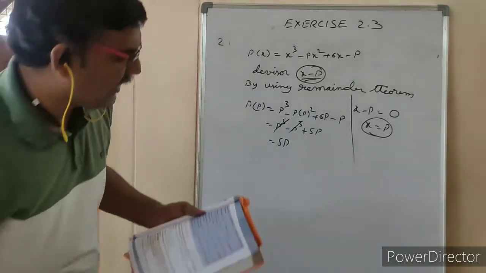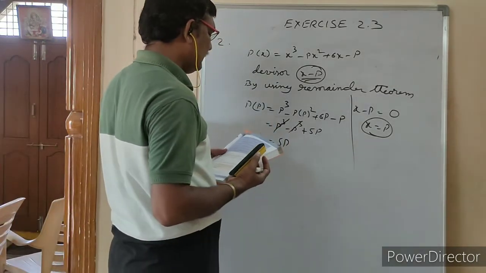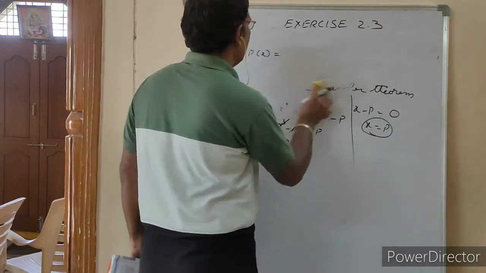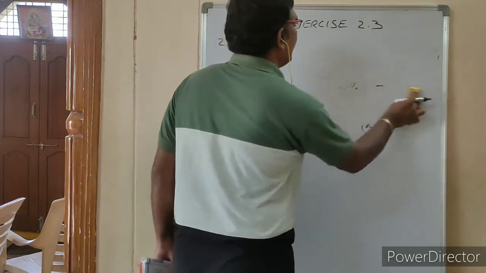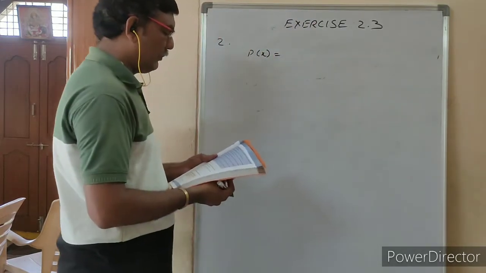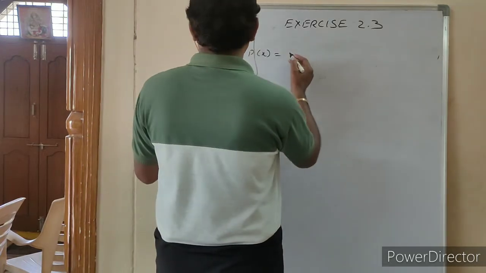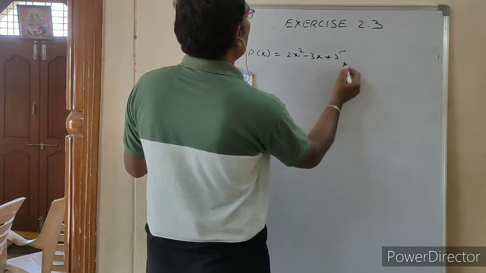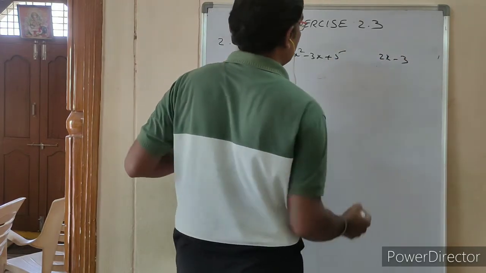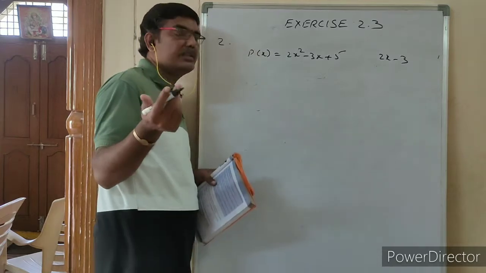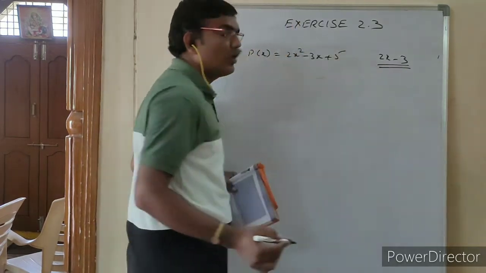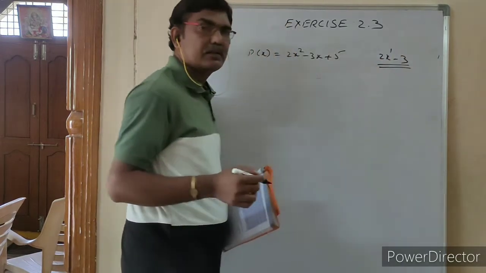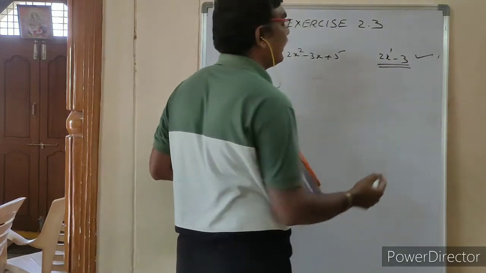What is the third problem? Find the remainder; does it exactly divide the polynomial? State the reason. Same problem, sir. If you understand one problem, we can do the remaining. The polynomial you have to assume as p of x, and the divisor is here what? 2x minus 3. What did I say? To use the remainder theorem, the divisor must be a linear polynomial. Linear polynomial means the power of the variable must be 1. So it is satisfying. You can use the remainder theorem.